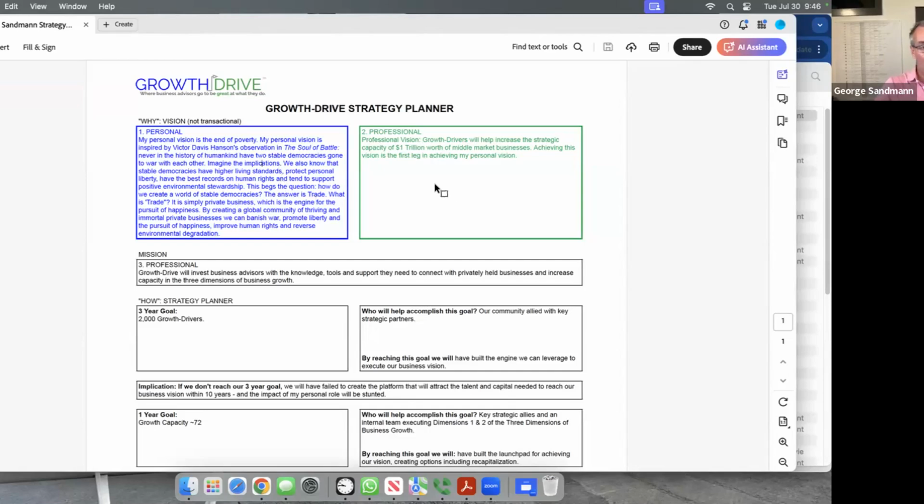Anyway, that informs my professional vision for this business, to help $1 trillion of privately held businesses increase their strategic capacity, their quality, their ability to thrive in the 3 dimensions of business growth. And that in turn informs our design philosophy for the software.